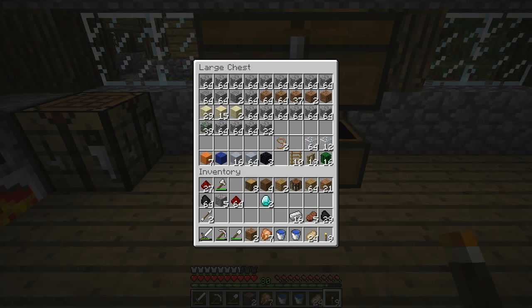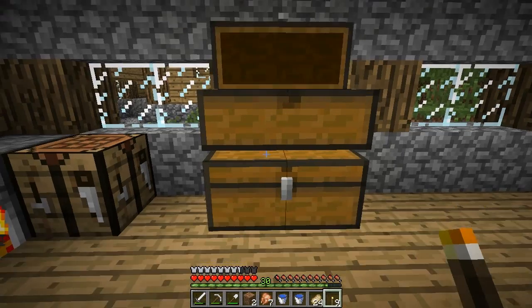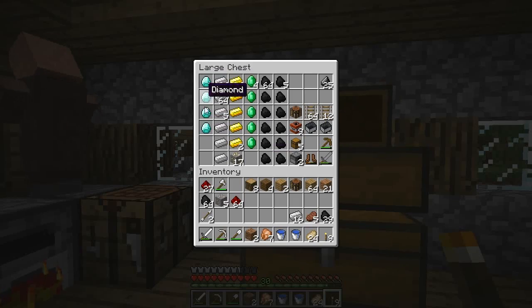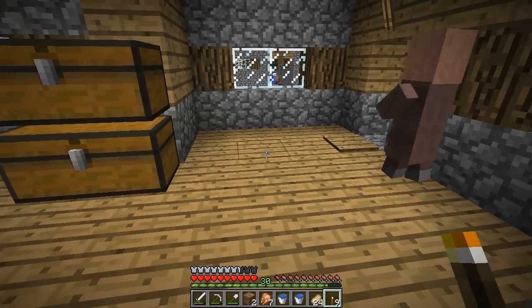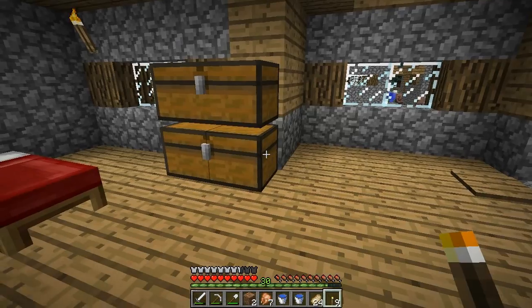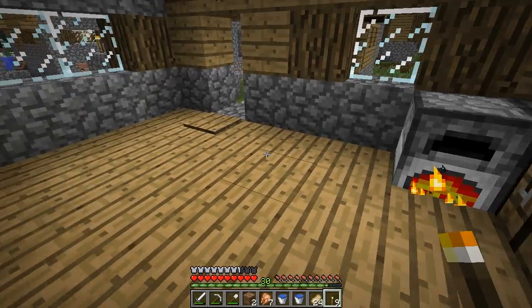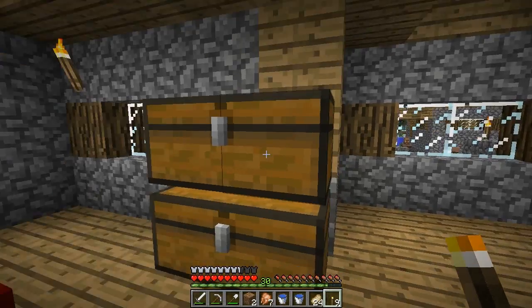Let's... we are so close to having an enchanting table. We're missing one obsidian. We've got enough diamonds and we need one more diamond to get another. Well, yeah, no, I do need another diamond to get a pickaxe. So we're getting close. Let's put our redstone away